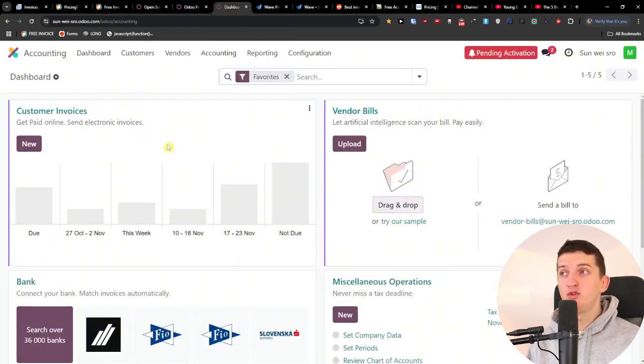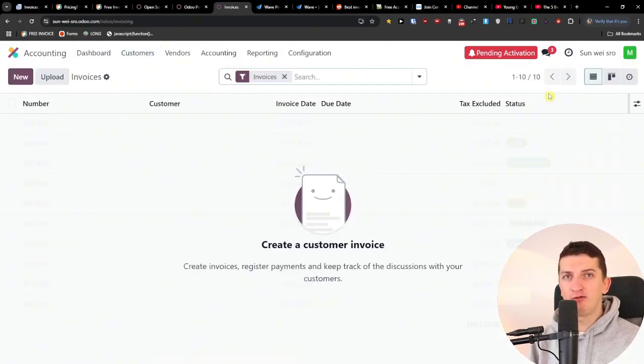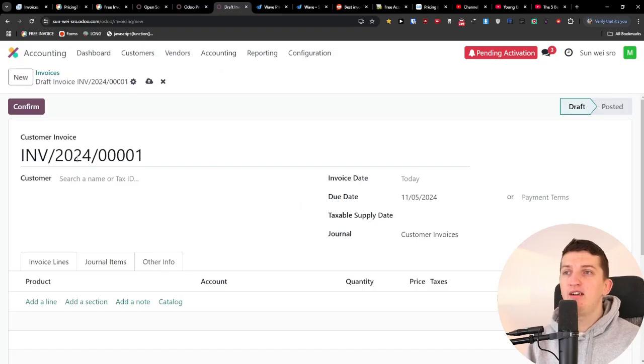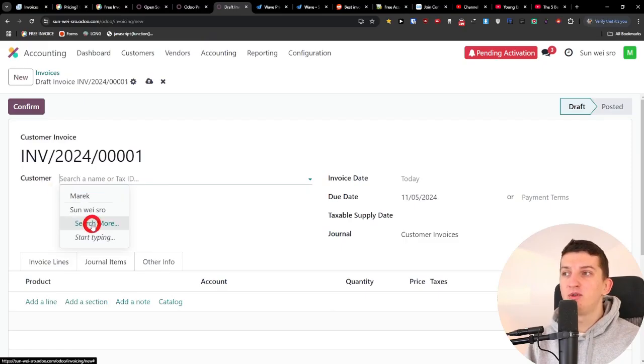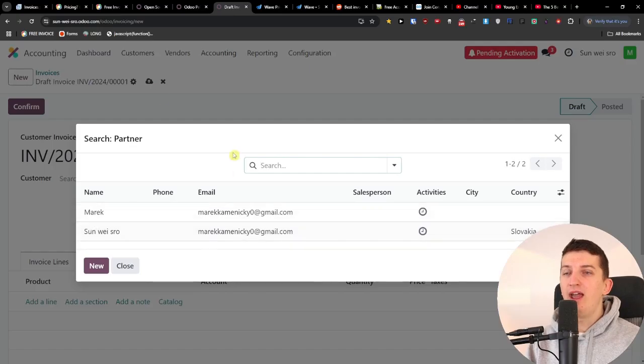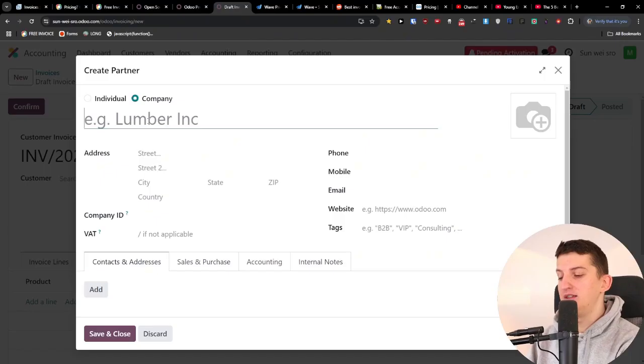Now, when I'm inside the tool, I can click here on the customers, invoices, and you have many things here for the accounting, but this is primarily for the invoicing video. And I'm going to click here new. And here I'm going to have the customer invoice, which is the first one. Then you're going to have the customer, and I'm going to click here search more, and this is the partner. So I'm going to add a new partner, and let's say this is going to be again Joe Rogan LLC,